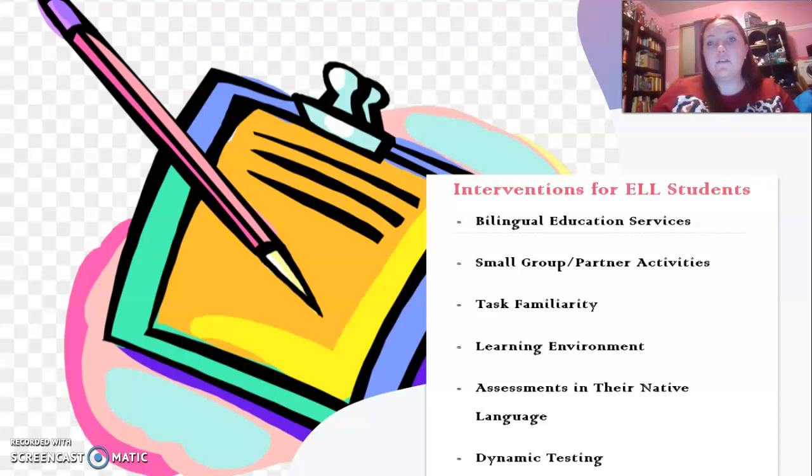The ELL learners can benefit because they are receiving different types of directions. They are learning that a quiz is a short assessment. Oh, the test is over the entire thing that we're learning, like the entire unit. Or a project is something that I have to create. These are just some of the interventions I found, but there are actually so many out there that I never realized.